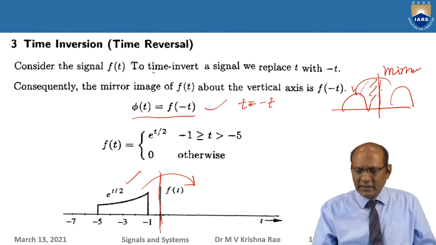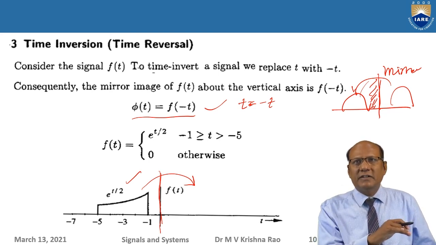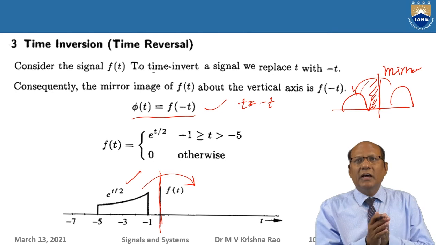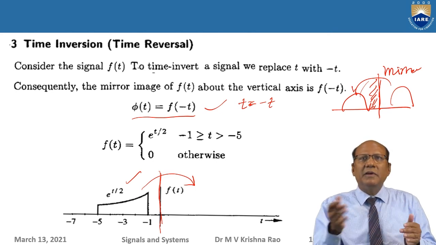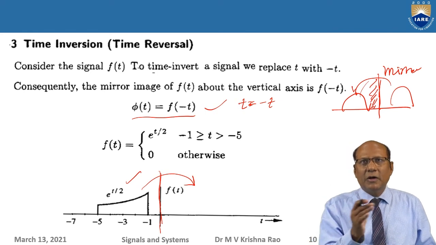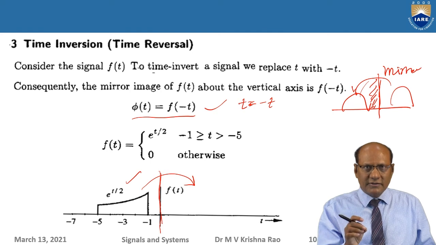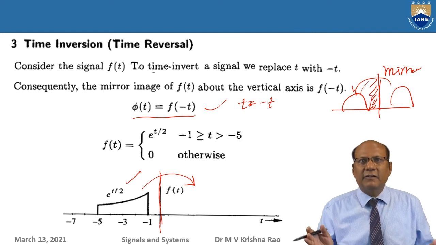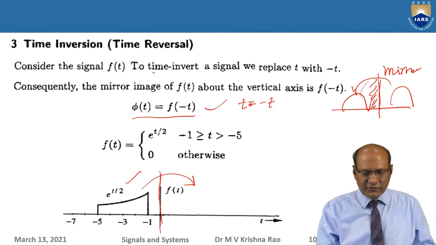And this can also be called mirror symmetry. If I take one signal and I take the mirror image of that signal, both signals together, I can say the time inverted signal can be called the mirror image of this signal. So what are the possible names here? You can denote it by time inversion, or time reversal, or mirror symmetry or mirror image, or lateral inversion. There are 4 names for this. So you should not be confused with any of these things.